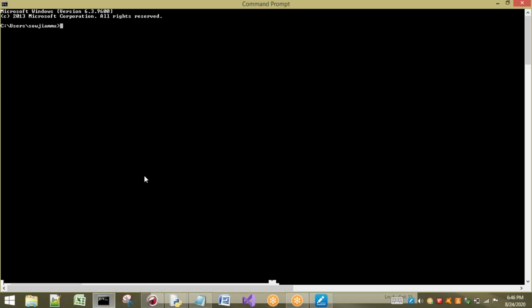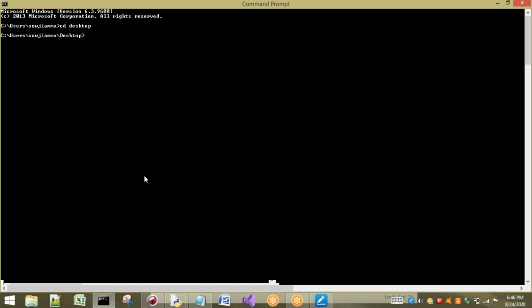So cd space, I type Desktop. cd is the change directory command, so I am going to the current working directory, that is Desktop. Now assume that we are on the desktop, which means second.py is available.